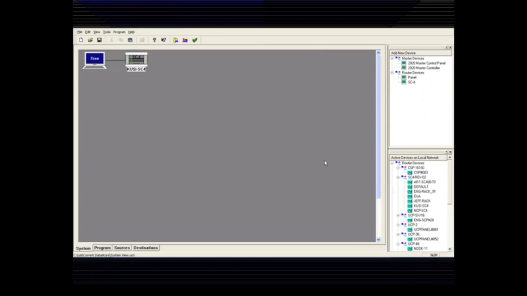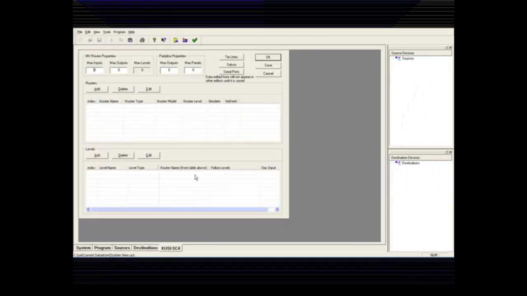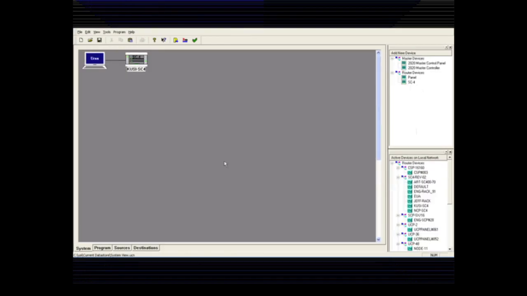So if you already have an existing SC4, you'll click on it down there, add it, and you don't have to come up here and add a brand new one. The only difference in the two is that if you do it up here from the add new device, you'll have to give it a name, and then make sure the name is exactly the same as this. That's the only difference. If the name's not the same, you'll have to go out to TeraTerm and rename it. Okay, but right-clicking it and looking at the config, again, it's going to be completely blank. So keeping that in mind, that is how you'll name an SC4